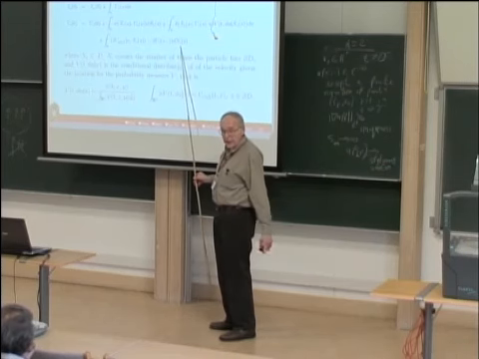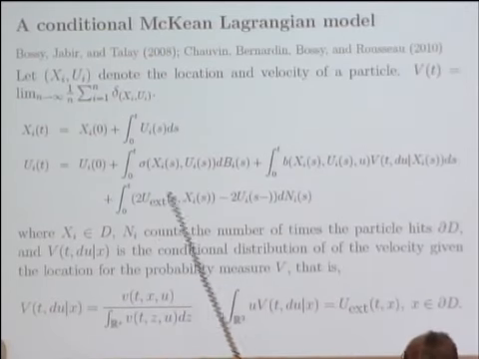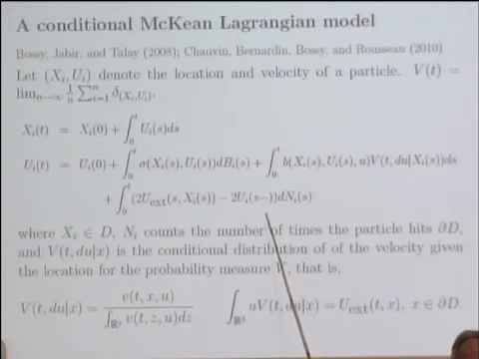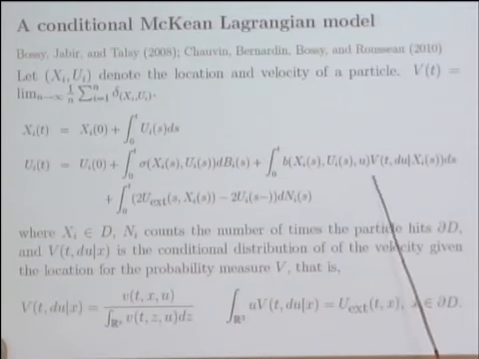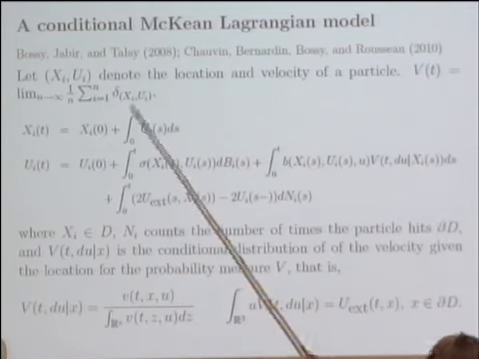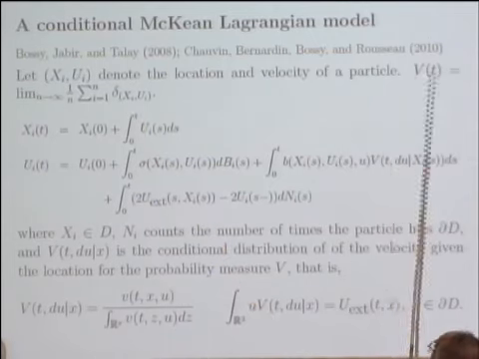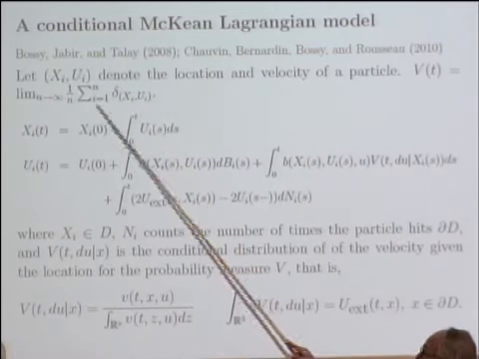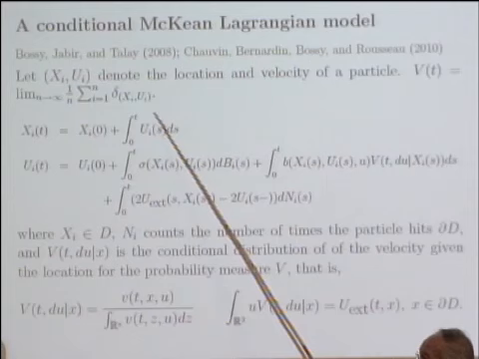So Ni simply counts the number of times you hit the boundary and forces the velocity to jump according to this amount. It took me a while to figure out where the 2 came from. Finally I realized that their boundary condition, first I need to tell you what this V is. V is my V in my notation. It's just the infinite empirical measure that goes with the pair xi ui.